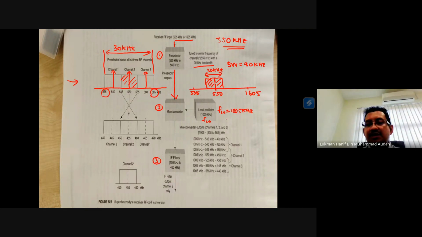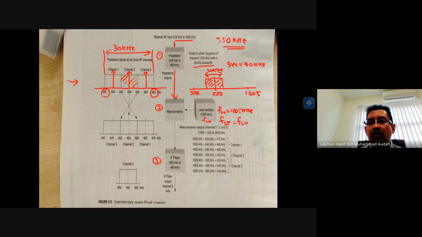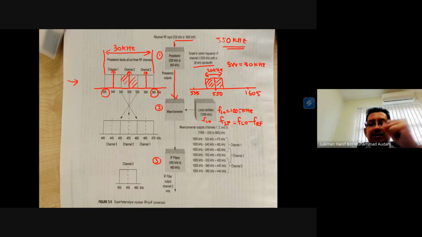That means I can find all the IF frequencies using this equation, FLO minus F input radio frequency. Okay, that means all of these frequencies will be down converted into the